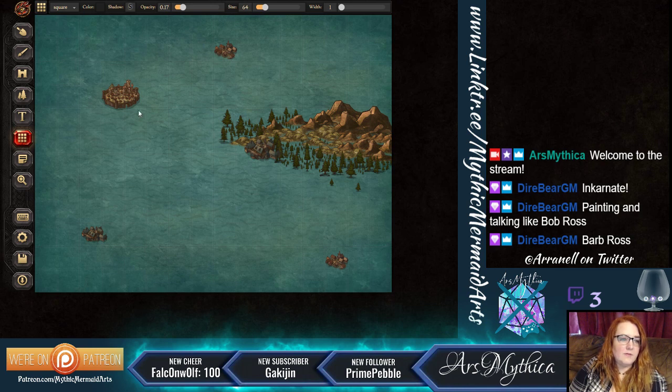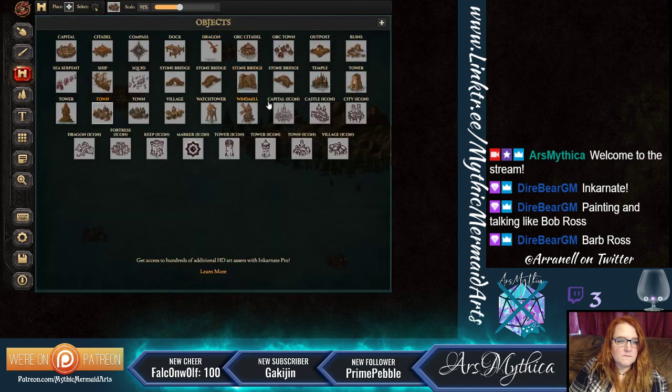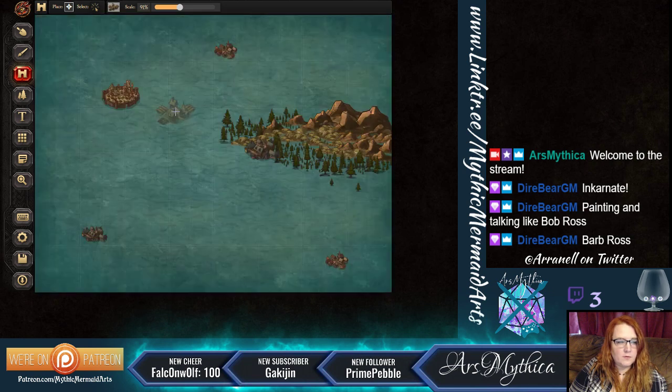Alright, so we have all these little towns. Let's add some little farms. I know there's got to be some farms in here somewhere. Village. Those look like farms. And again, we're gonna go probably around 35%. All right, so we're gonna put some little farms in here,